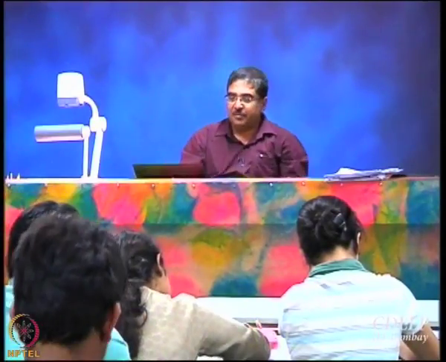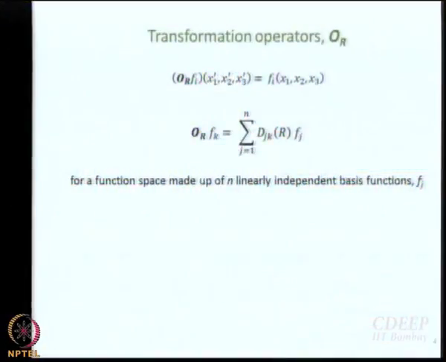This is something that we had worked out in the previous class or class before that? Previous class, right? Please do not forget that. So ORfk equal to sum over j equal to 1 to n djk Rfj. We are multiplying column by column, but that is because the matrix that we are really working with is the transpose of the matrix that we get from the transformation matrix, right.